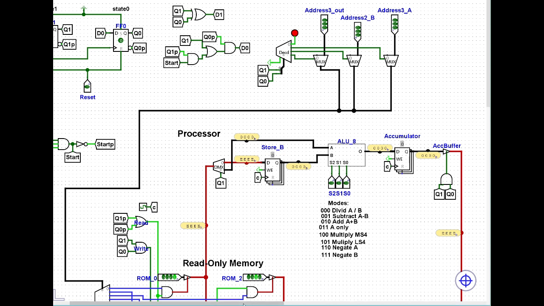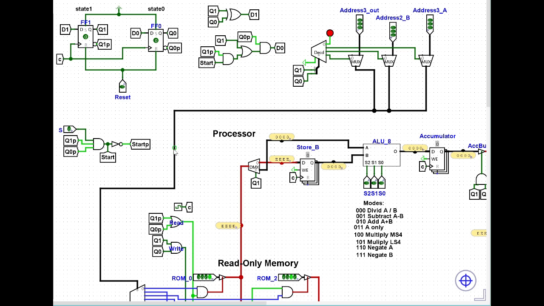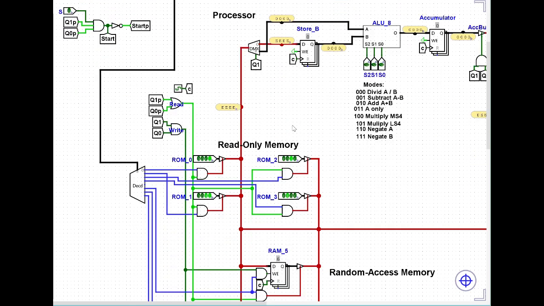All right, so first we're gonna go through and set what our inputs are. So, all right, now we're going to select our inputs here. So we are gonna do 5 and 4. So let's read from ROM 0 and ROM 3. So we want to set this one to 5. And then we want to set this one to 4, which it's already at. So that works for us. So now that we have that,